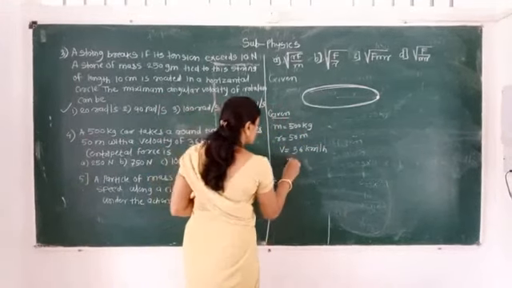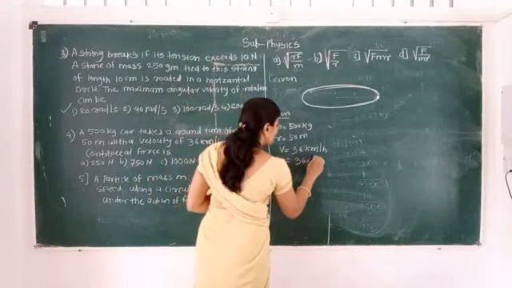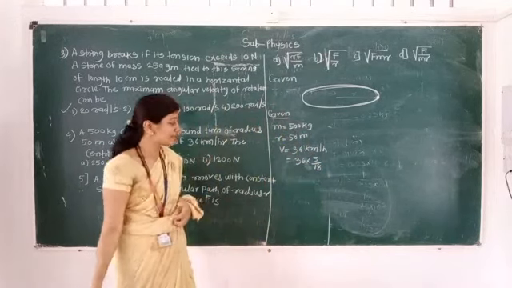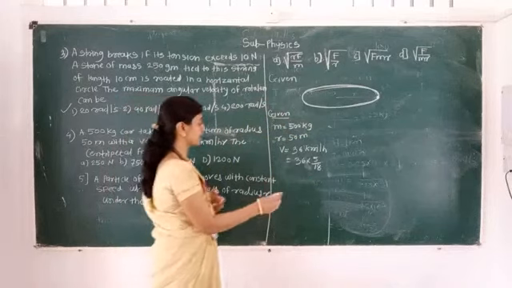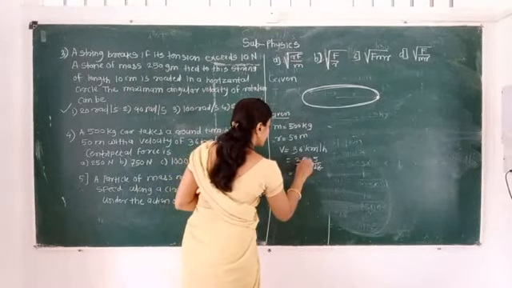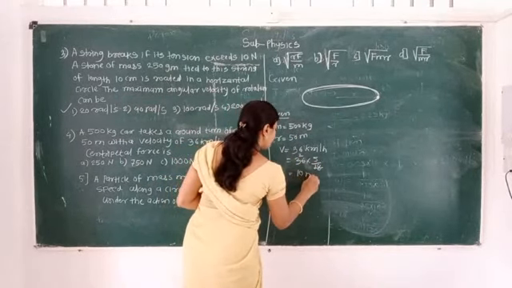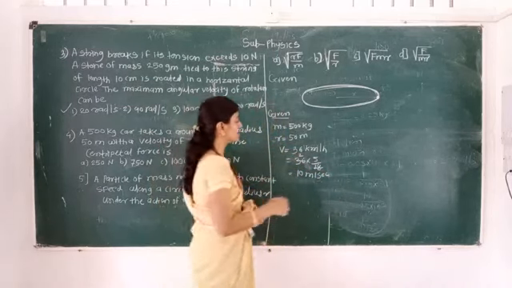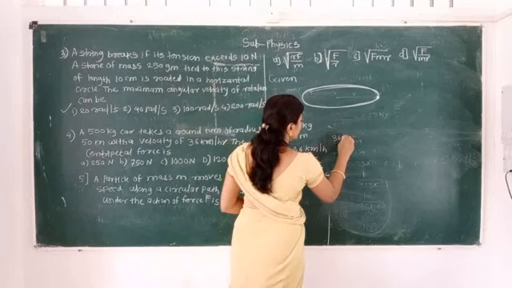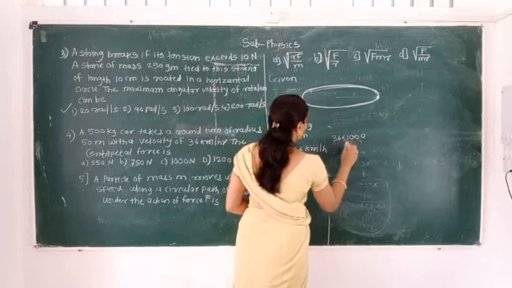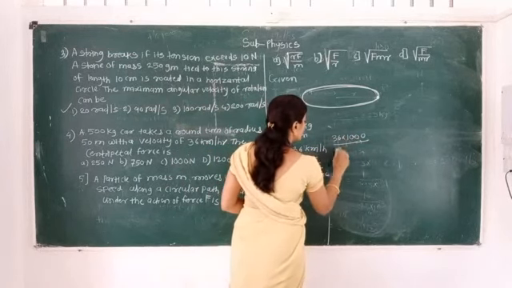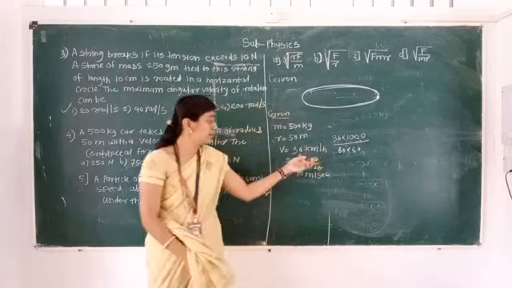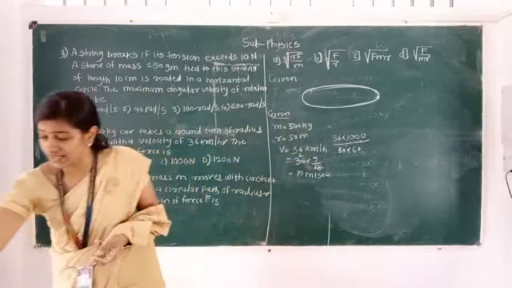So the conversion we know: 36 into 5 divided by 18. When we do that conversion, we will get meter per second. By simple mathematical calculation it is 10 meter per second. Otherwise you can do it this way also: 36 multiplied by 1000 meter, and 60 into 60, since we have to convert the hours into minutes and again minutes into seconds. So that is the easy way.